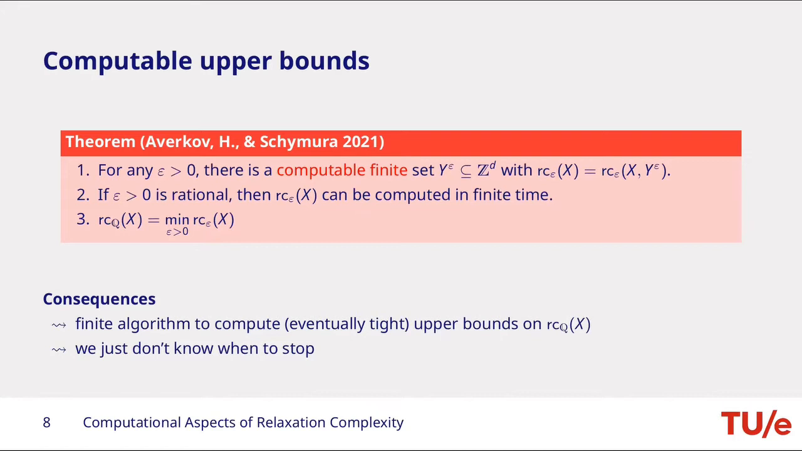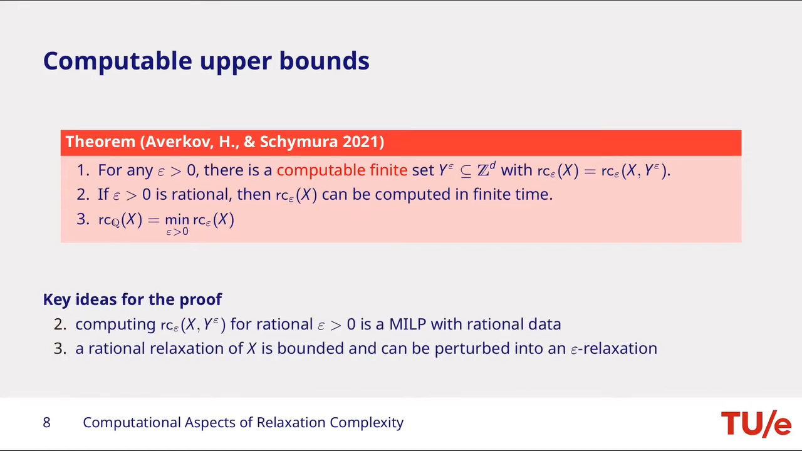But maybe we can do so later on in this presentation. So let's first discuss why this theorem holds. And let's start with the second property. And assume we have already shown the first property. So there exists this finite set Y epsilon such that the relaxation complexity of epsilon is the same as the